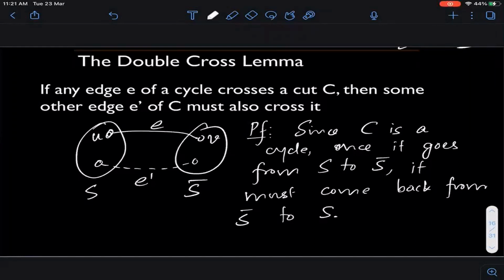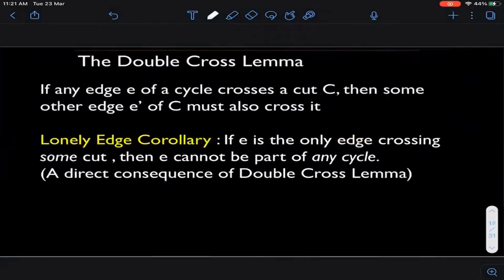Okay. So we call this the double cross lemma. Once we have proved this double cross lemma, what we really need again: U and V are in different sets, so connectedness will mean a cross edge, right? So that is what we have just said, that there exists another path, and this path has to cross this cut as well.